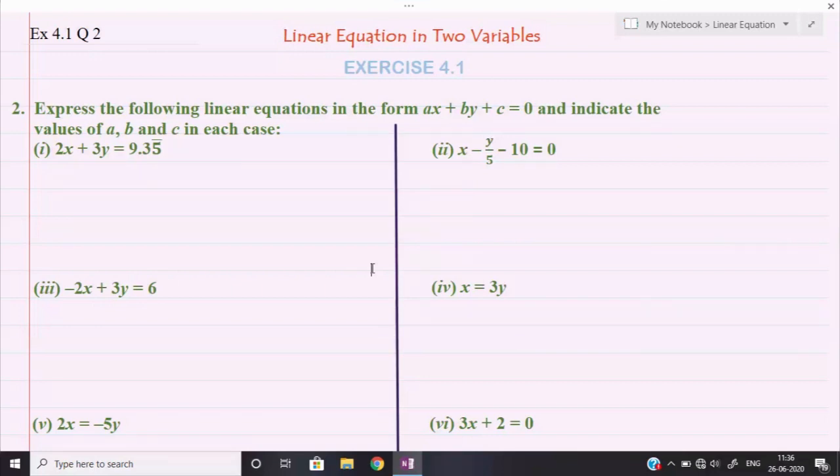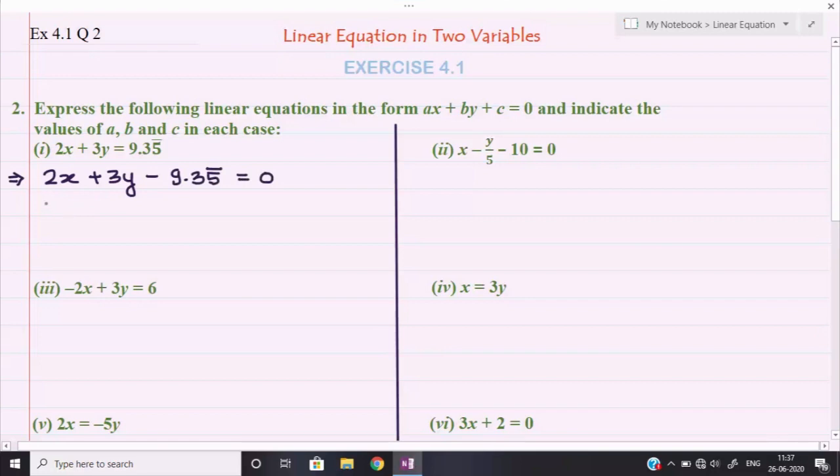Let us see the first question. First of all, we need to write the given equation into this form. You observe that in this form all the terms lie on the left hand side. So 9.35 bar, here the bar is given. I think you remember well, we did this in chapter number 1. If you expand the bar, it is 9.35555 up to infinite number of times. First of all, I will bring 9.35 bar to this side. So 2x plus 3y minus 9.35 bar is equal to